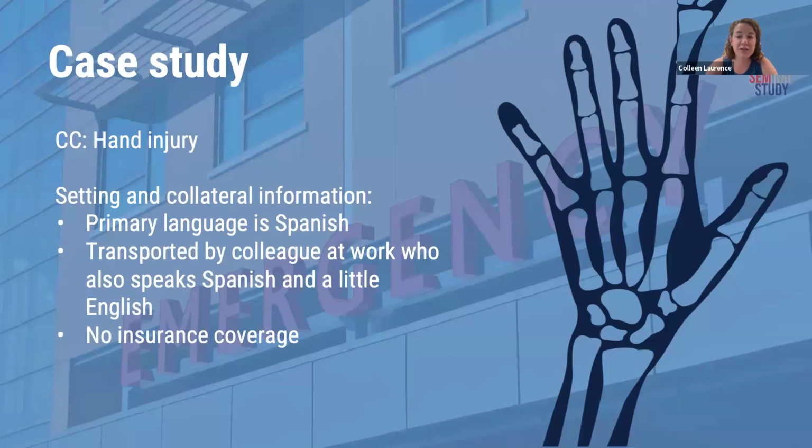On opening the chart, you see that the patient has Spanish listed as his preferred language. The registration personnel confirms this as they pass you, exiting the room, and adds no insurance. When you walk in the room, the friend accompanying the patient offers to interpret for you. You thank them, but defer. It's a Saturday, so there's no in-person interpreter, who are typically present during the weekdays, and so you have to